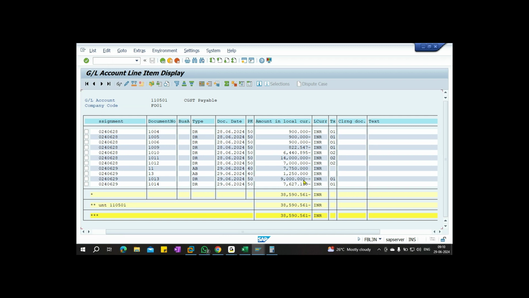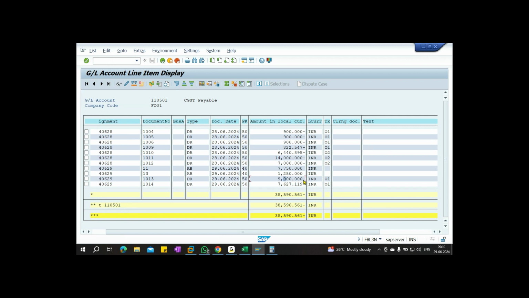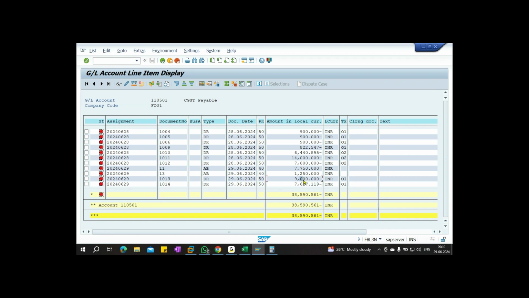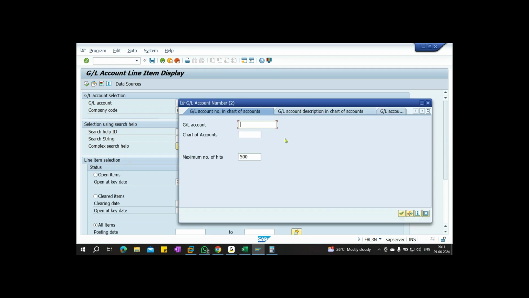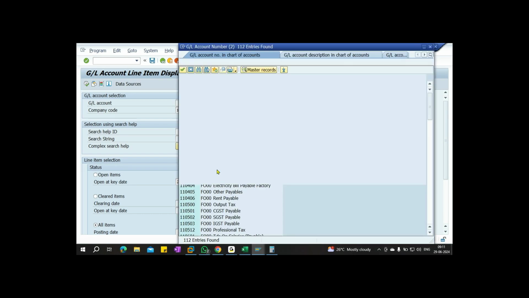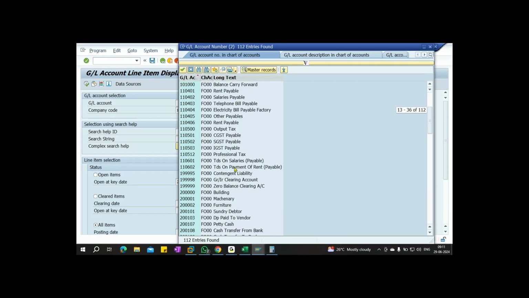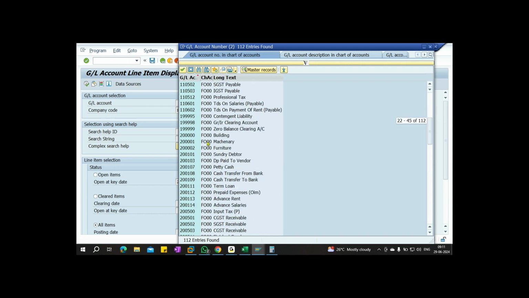Sir, overall it is cleared, we can see, but instead of doing partial payment, if we do residual payment, then in that case both are the same, right? End of the day, the entire line item value is 0. But what I'm saying is, instead of doing partial payment, if we do residual payment, then that 9,000 will be nullified against 7,750, and another new line item of 1,250 should have been created. But here, even if partial or residual payment, the condition is the same.